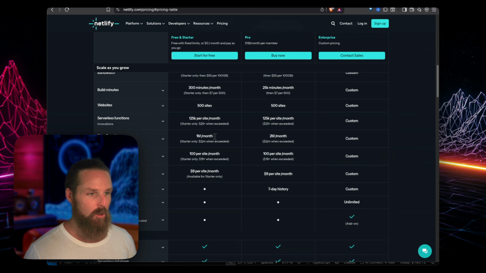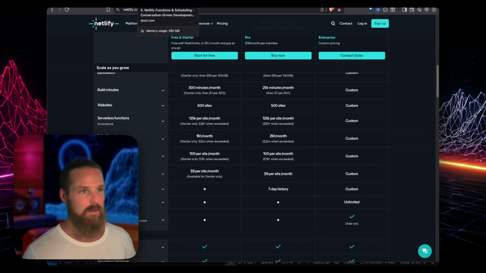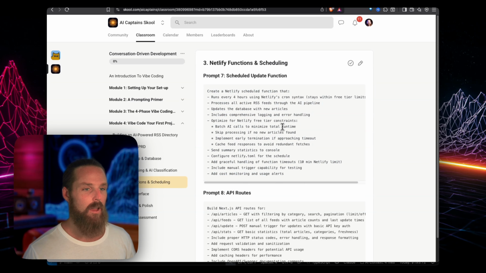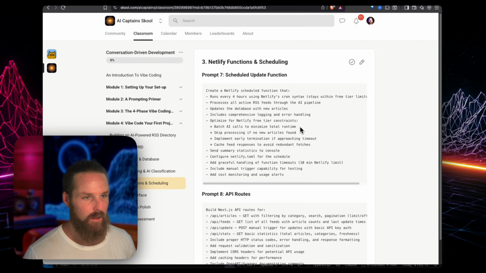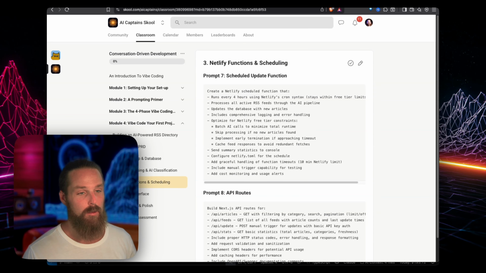So we just want to make sure we don't go over that. If we're not mindful of those limits, then our AI might just try to do the best job possible, fast, efficient, and not even think about cost. So I've built into this prompt some bits about making sure it's optimized for the free tier,